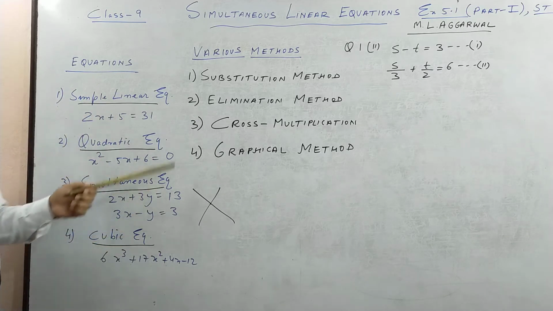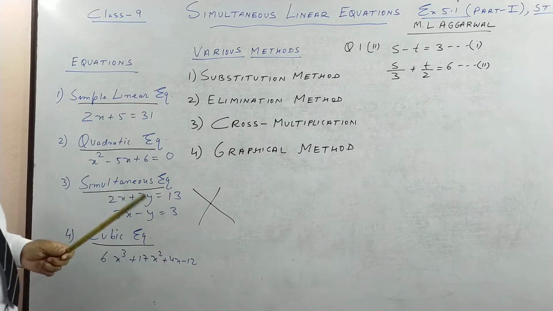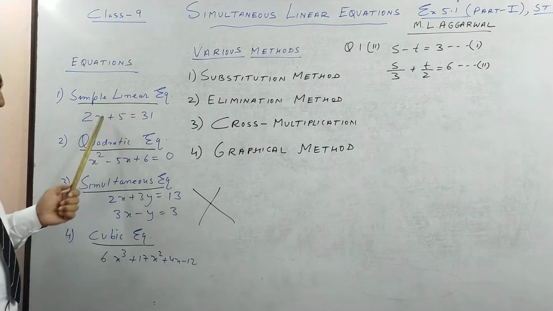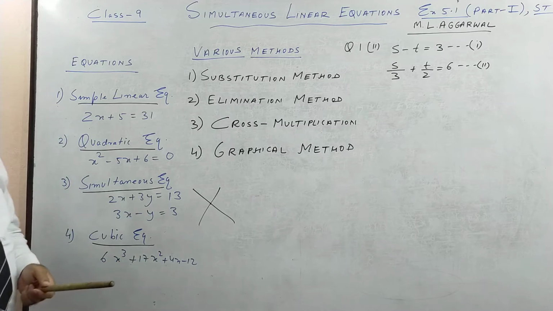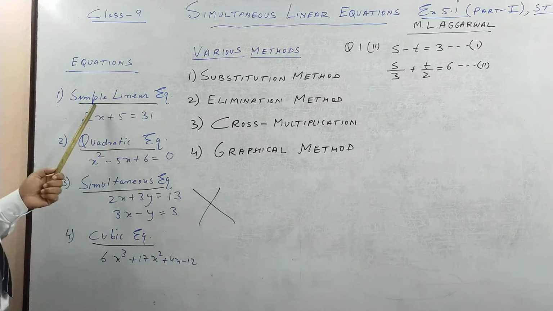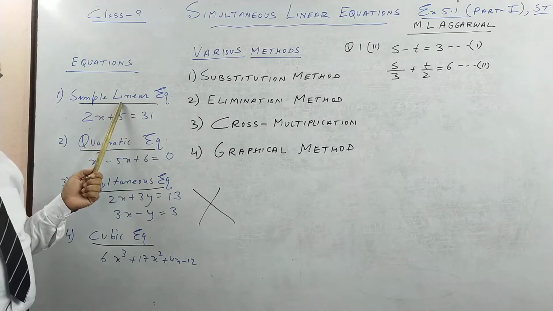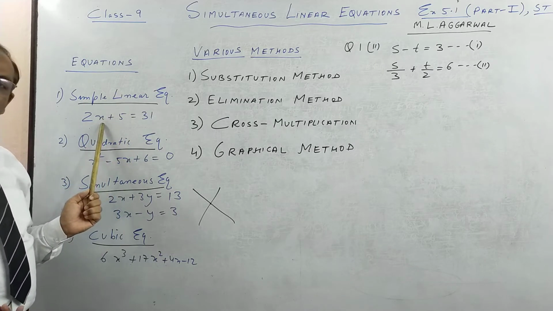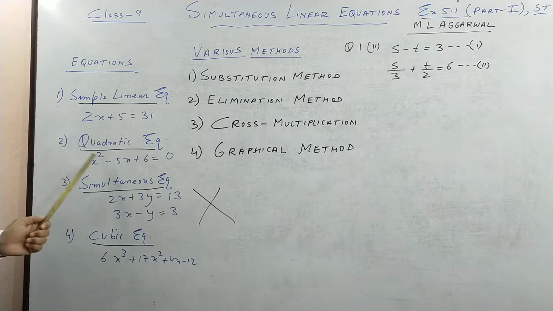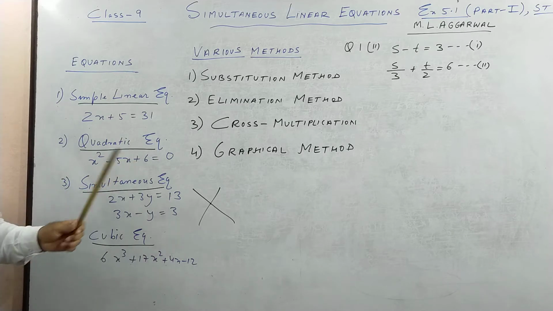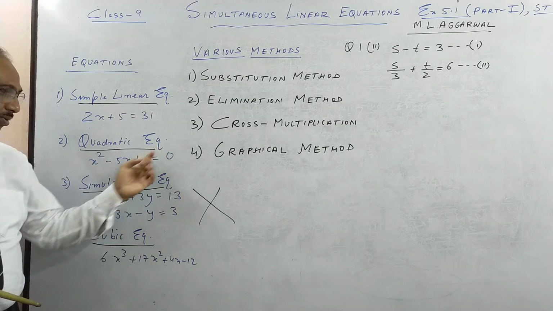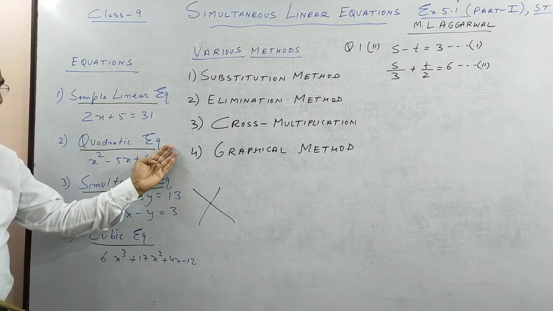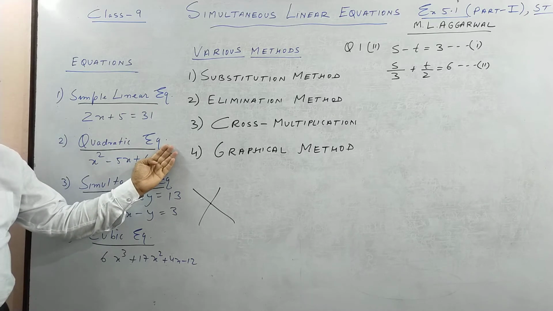So just before I start simultaneous linear equation, a very brief introduction of the various types of equation which you have encountered. Like you have already seen simple equation, simple linear equation, which is like this. So there is one variable x. Quadratic equation, which you will see. You have done this before, this 0. If you don't write it, it becomes a quadratic expression.